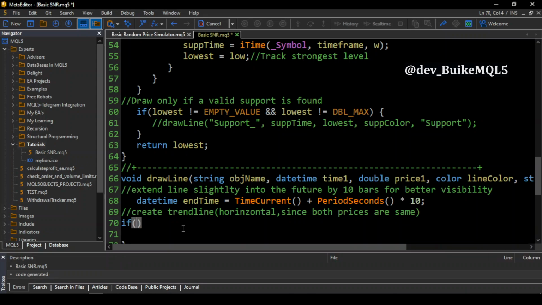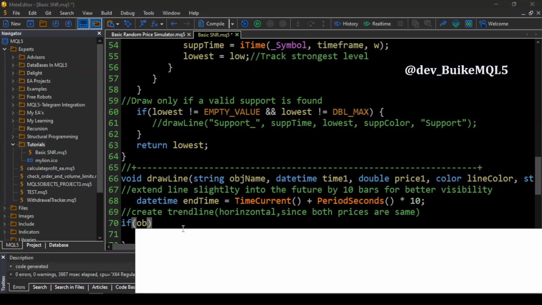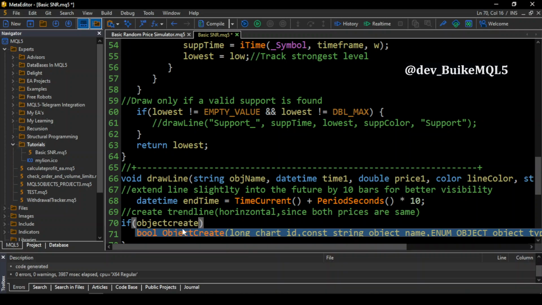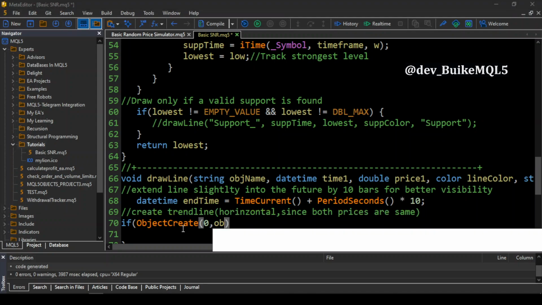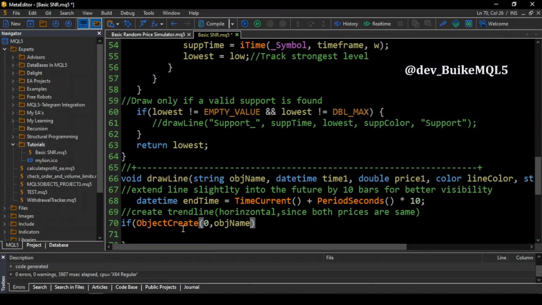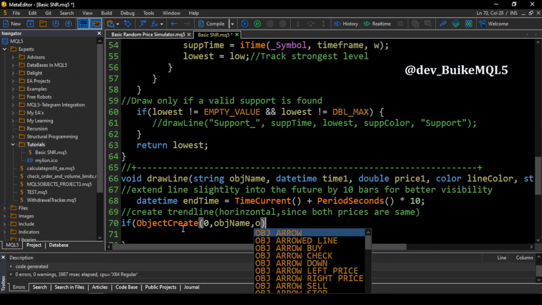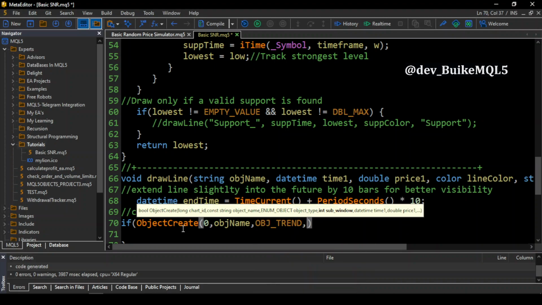If, let's create the object. Object create, chart ID, current time frame. Object name, the input object name. Object trend. Sub window 0,